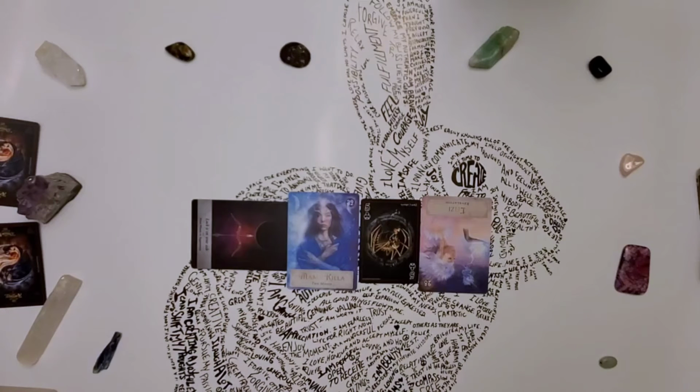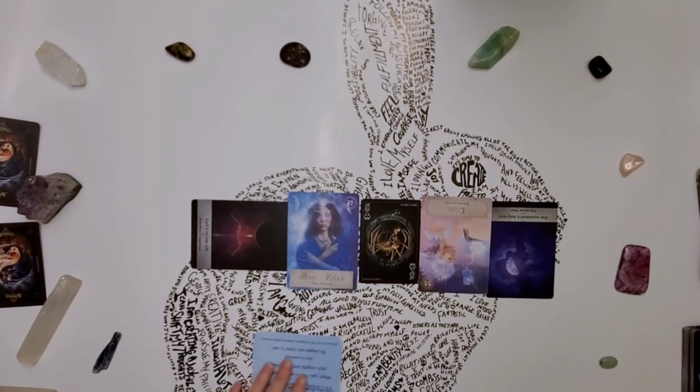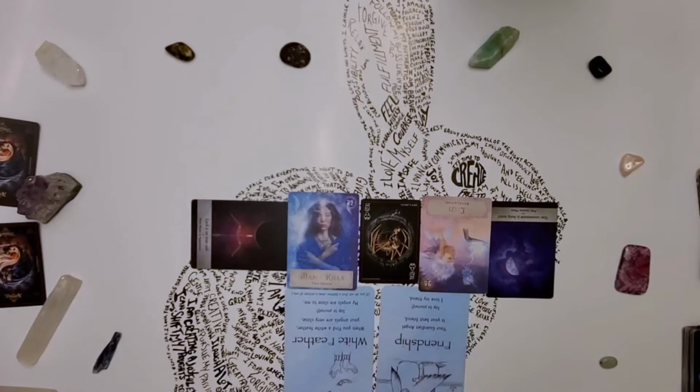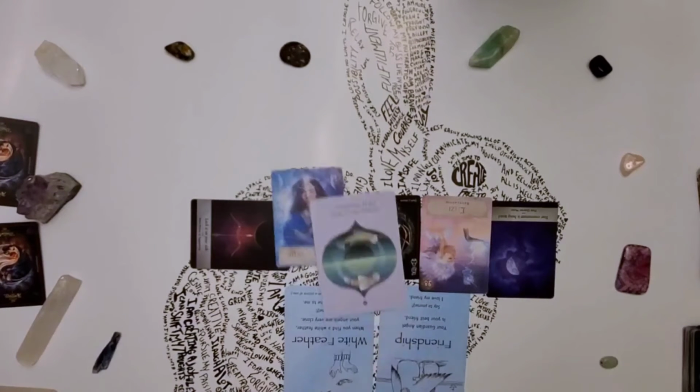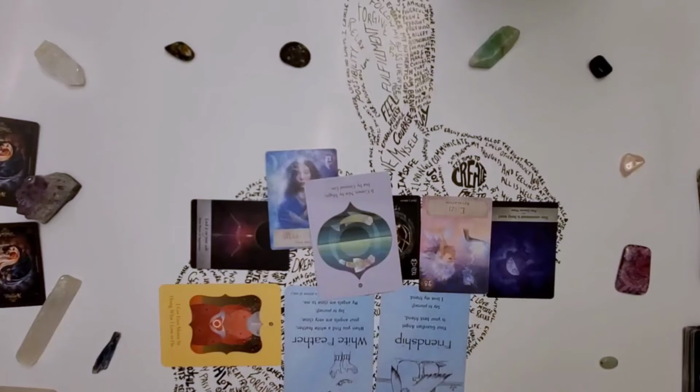Okay. Hope you can see everything here. We are going to be pulling 2 more cards. Actually, it's going to be 3 to 4 more cards, come to think of it. It's 2 more from this deck and then something from the other one. Okay. So we got these 2 and then this one here. Well, that was awesome. It came out and so did this one. So I did say 1 or 2. All right. We have